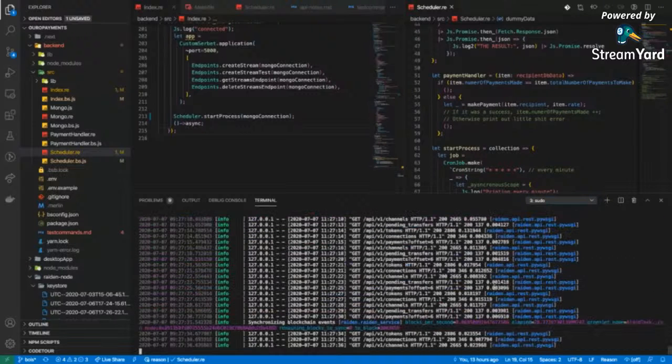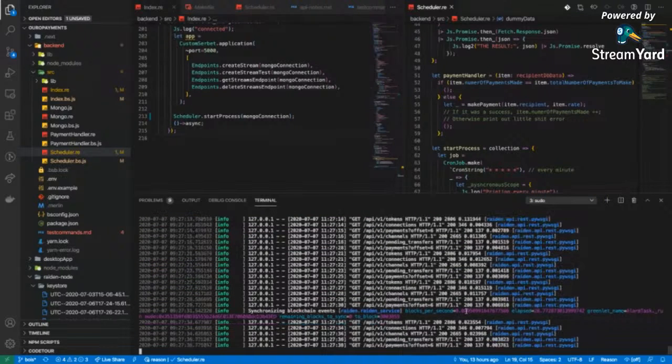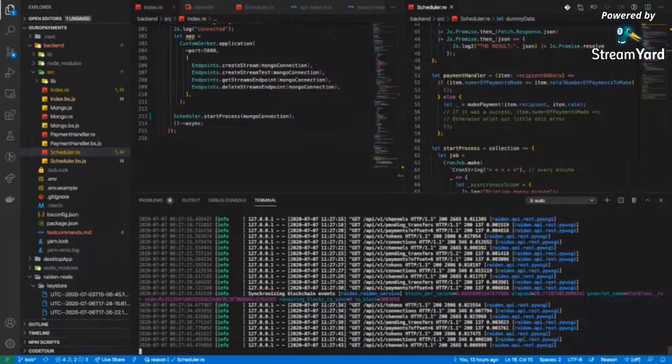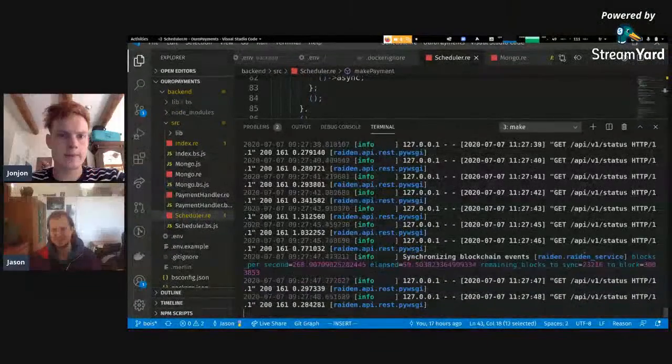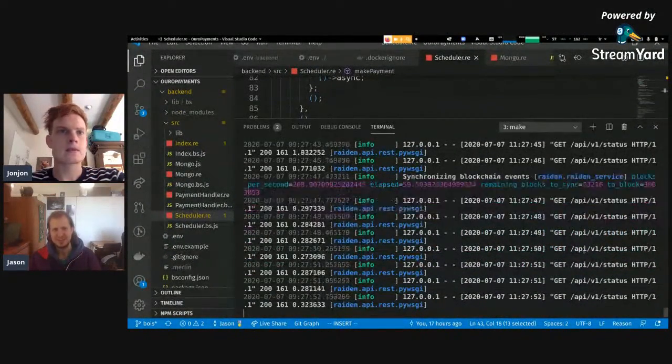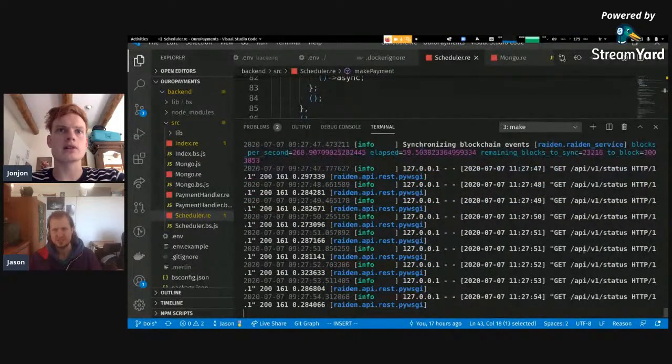Yeah, maybe let's talk through some of the use cases we've thought of while it's waiting. Obviously, a sort of obvious use case is paying people for regular services. So if they're an employee or if they're